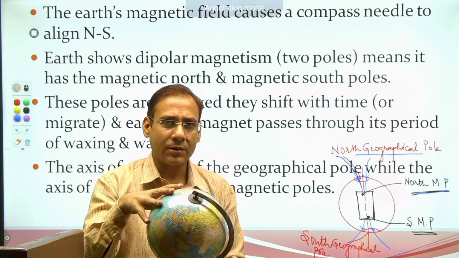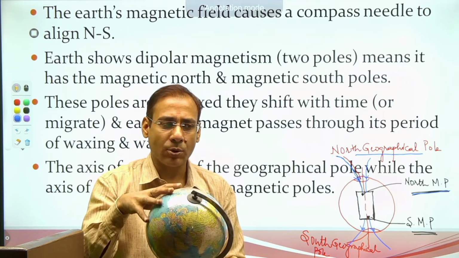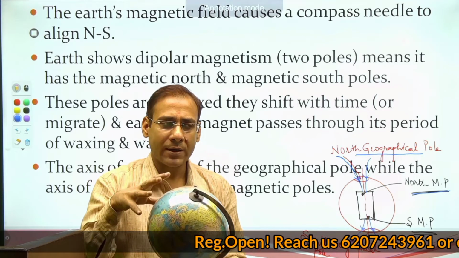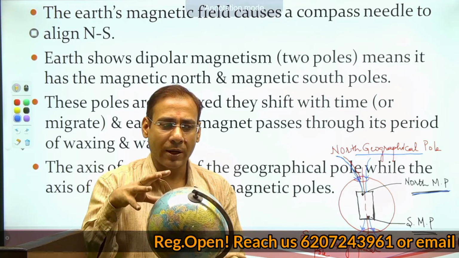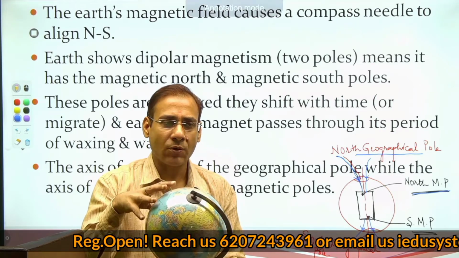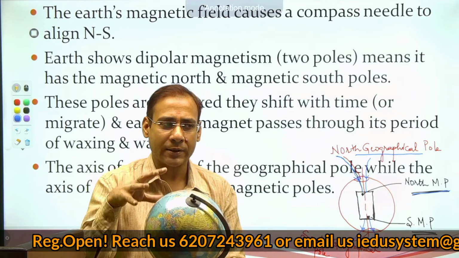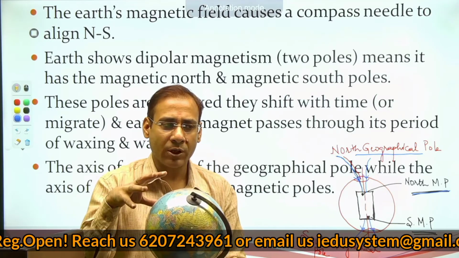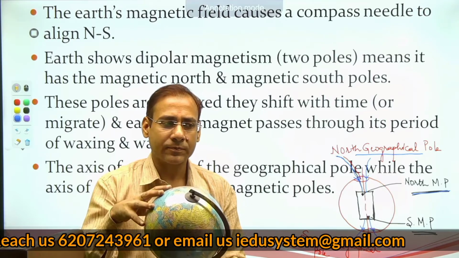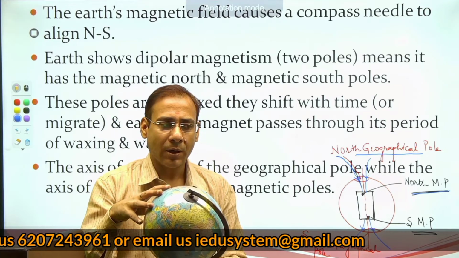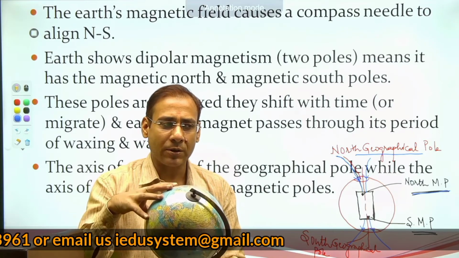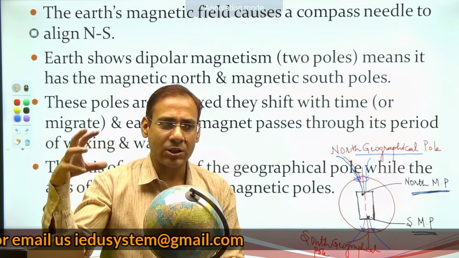एक फेज ऐसा आता है कि जब अर्थ की मैग्नेटिक जो पावर है वो बढ़ जाती है, और एक ऐसा फेज आता है जब अर्थ की जो मैग्नेटिक पावर है वो रिड्यूस हो जाती है। हम उसे कहते हैं द फेज ऑफ वैक्सिंग एंड द फेज ऑफ वैनिंग। अब देखो अर्थ का जो वैक्सिंग और वैनिंग फेज है ये किस बात पे डिपेंड करता है, ये डिपेंड करता है सन के स्टेजेस के ऊपर।